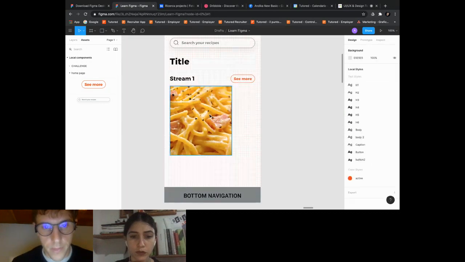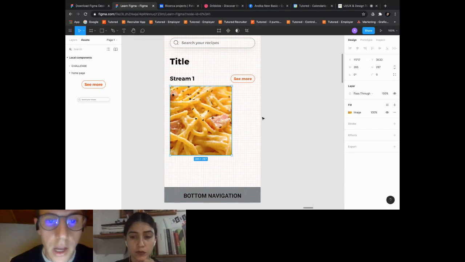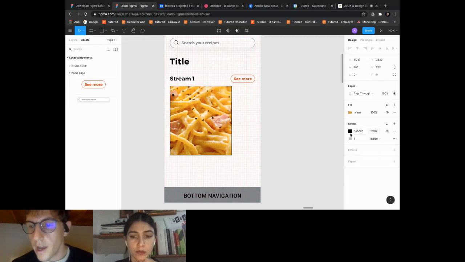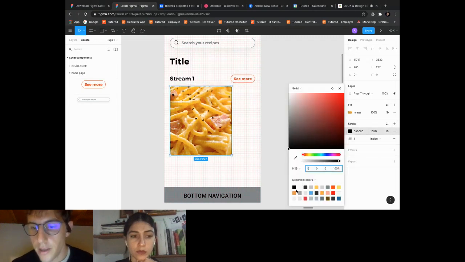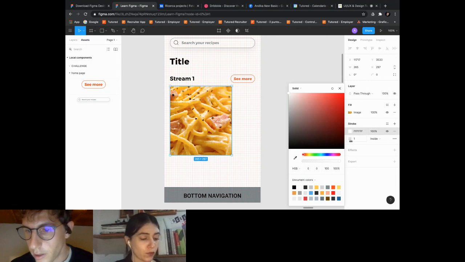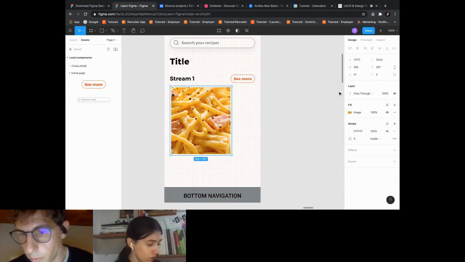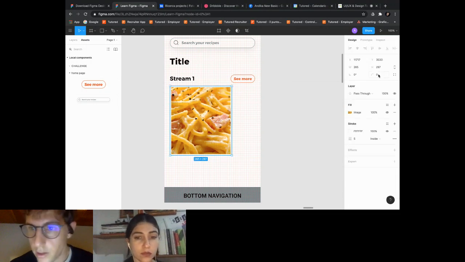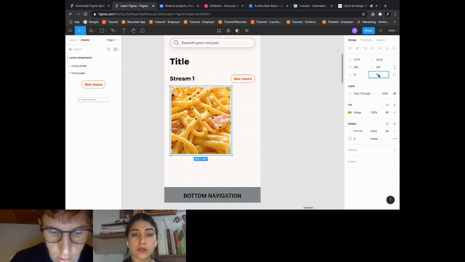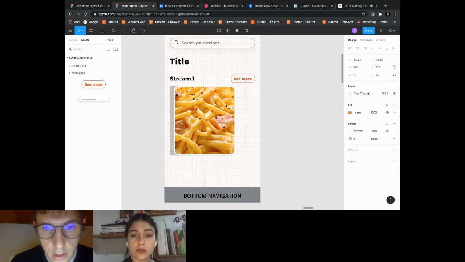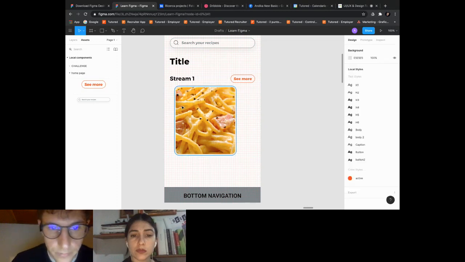Now we just have to edit the design of our image. For example, we want a stroke inside, so we can put stroke and inside the width of stroke, corner radius like this.